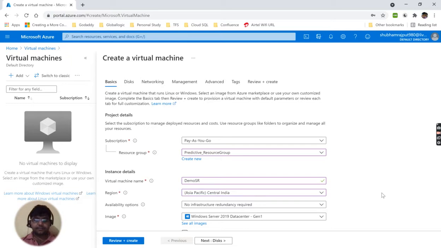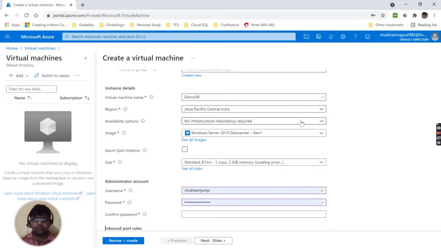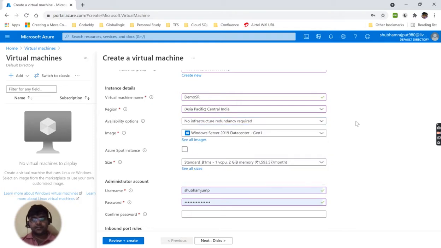But in case of India, you will not be allowed the availability option, I think. Okay, it automatically distributes your VM across multiple fault domains. I will elaborate on it also, but availability zone is not available in the current region. Basically, what is an availability zone?